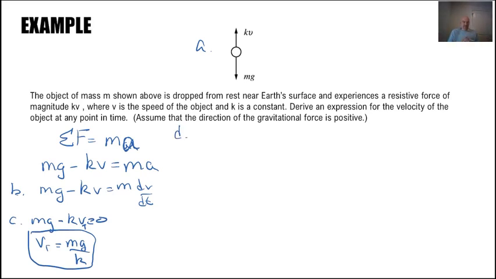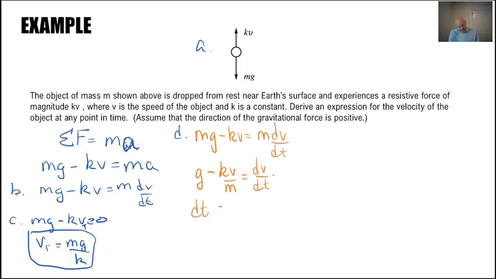And then part D is now to find the velocity at any point in time, the question that we were asked here, okay? So we have mg minus kv equals m dv dt. So I need to get v's to one side, t's to the other. And I can probably divide everything by m if I wanted to, or I can do some simple algebra. So if I divide everything by m, I get g minus kv over m equals dv dt. Okay, so now I multiply dt up, I divide that g minus kv over m over. So I end up with